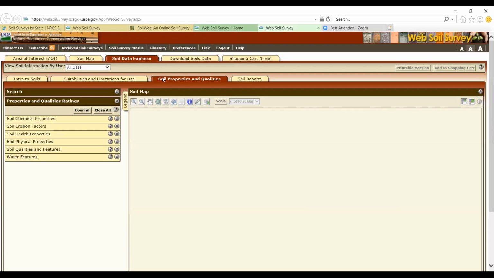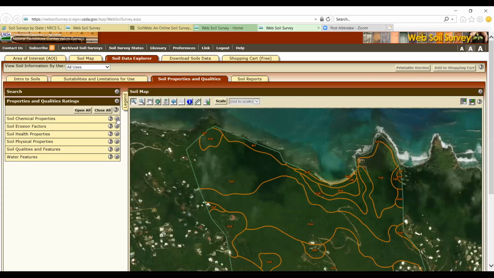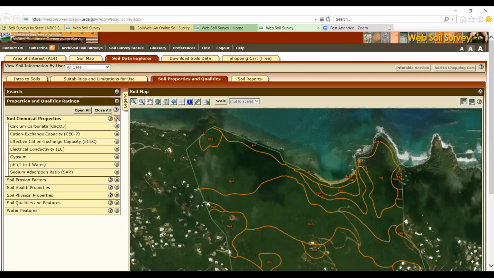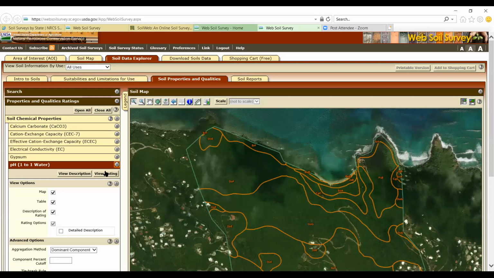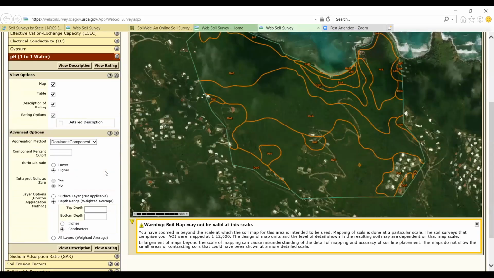And here you can run reports on soil chemical specific properties and qualities. Let's use, for example, pH. I want to see the average pH of these different soil map units. In this case, we store information by horizon, so it's going to ask you at what depth you want that information. Usually we're interested, for agriculture,